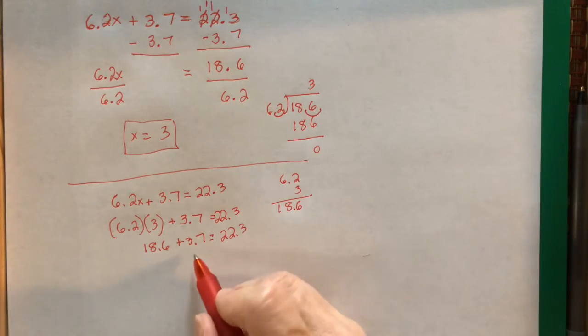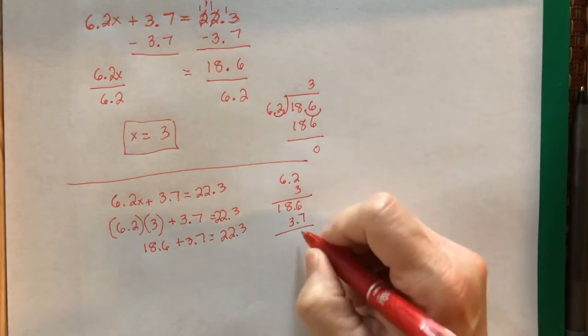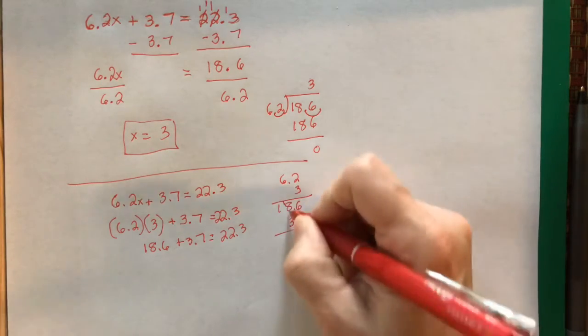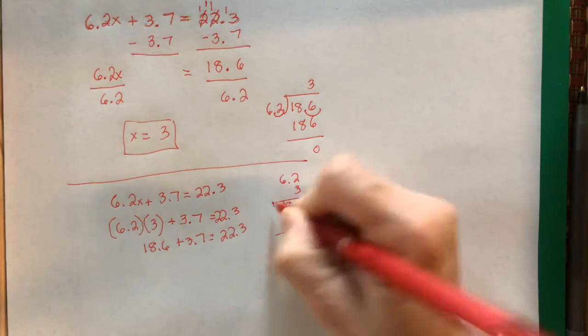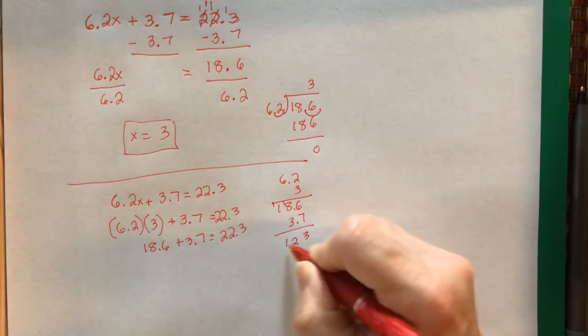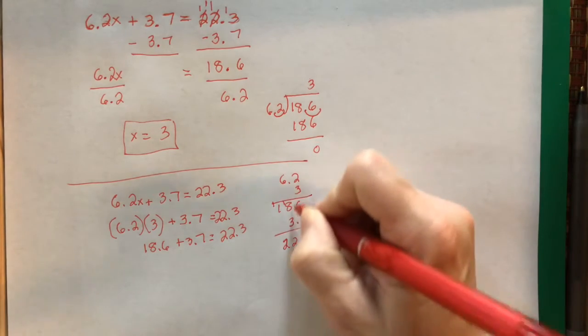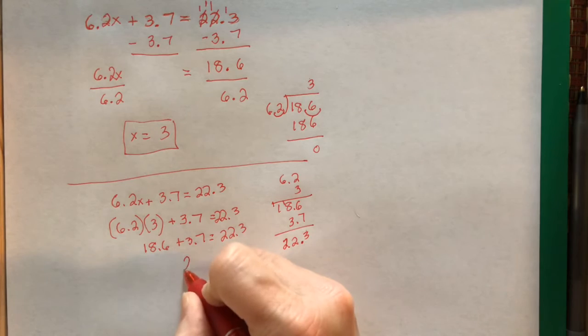Now I'm going to add this 3.7 to my 18.6, and I will get 13, carry my 1, 12, and I put my decimal, I line up decimals when I'm adding and subtracting. 22.3